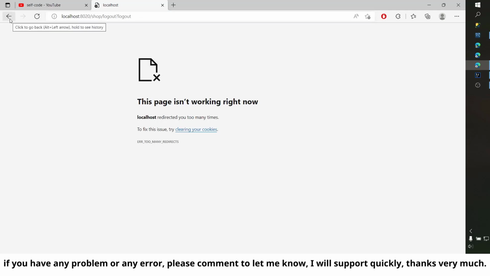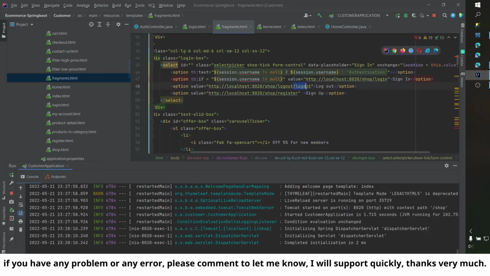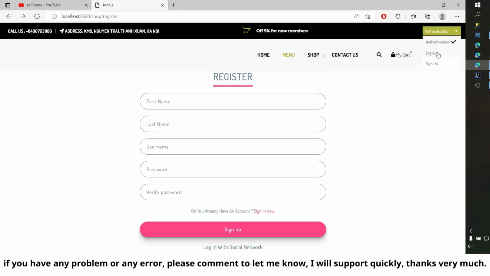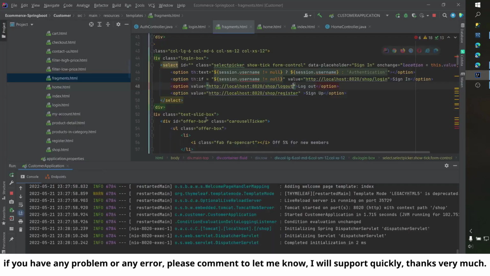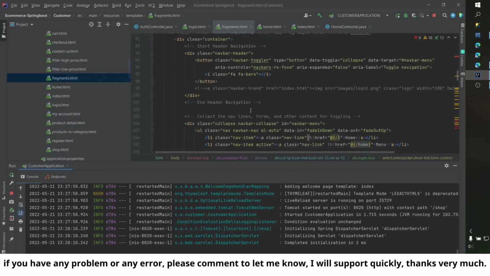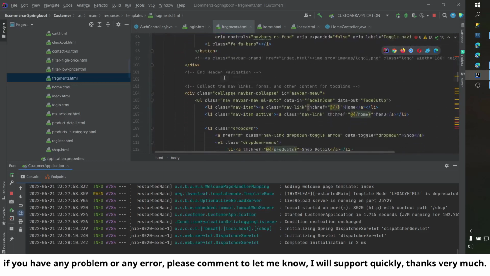Then so I think here is for the logout page, and for the login page, and I have do the by the username to the select option. So I think this video is stop now, and in the next video I have do the function add to cart,